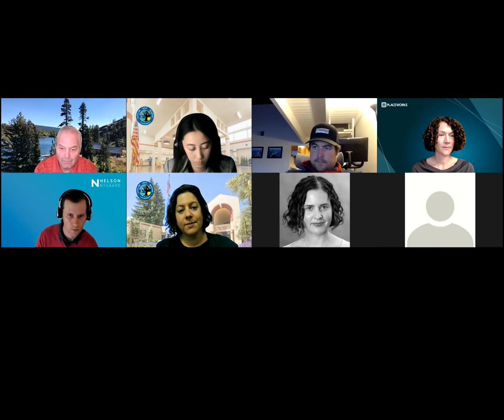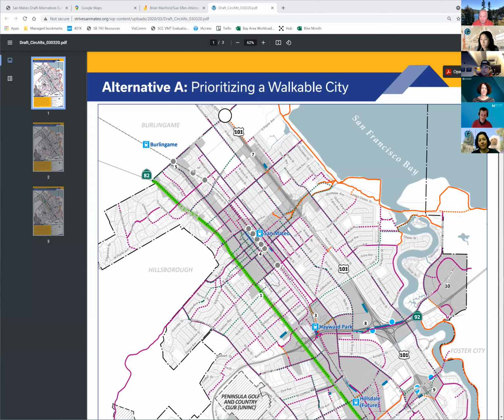Let me share my map. This is really zoomed out, so I'll zoom in just a minute, but I want to go over some of the key plans and elements that are consistent across all three of the alternatives. Any adopted plan, such as the bicycle master plan and the citywide pedestrian master plan, is represented here on the lines.